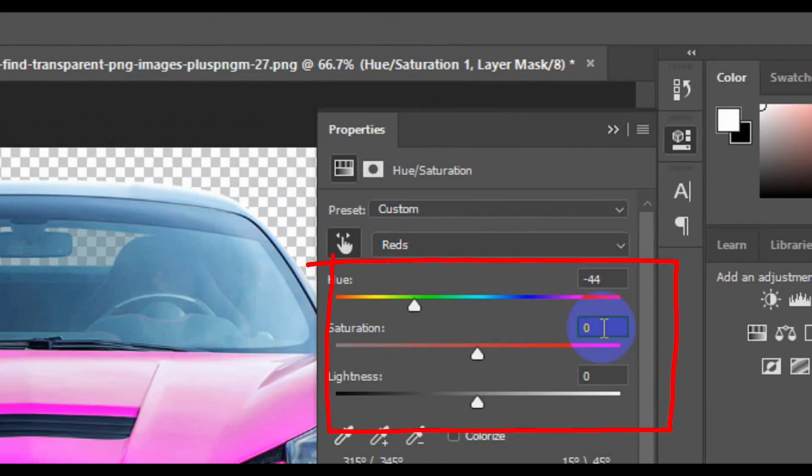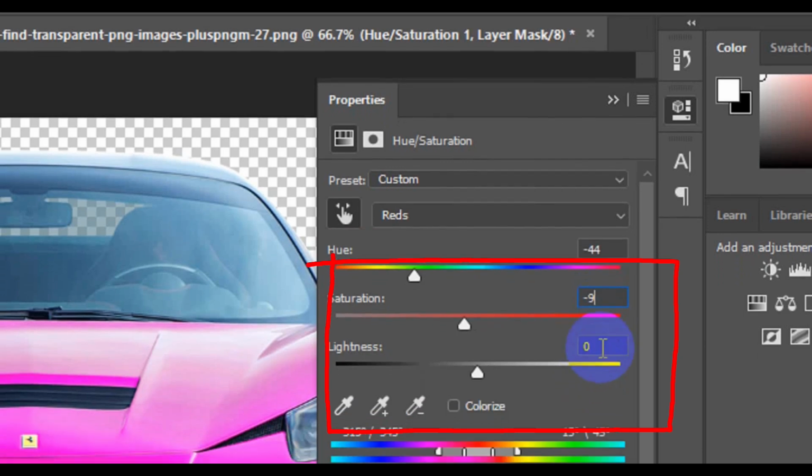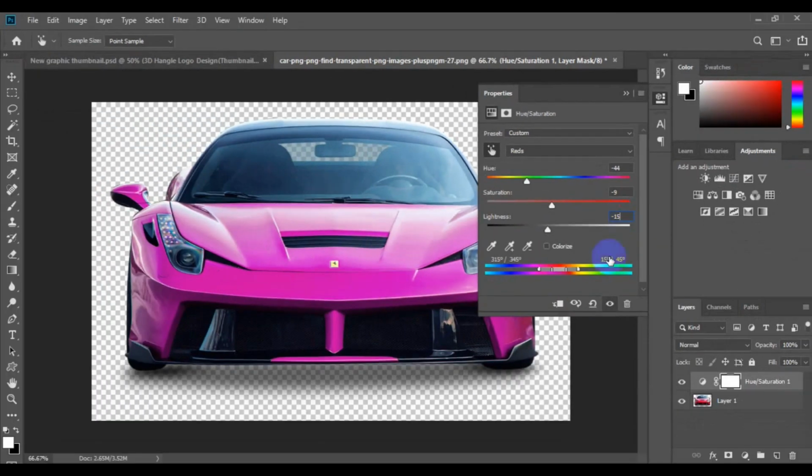You have to come to saturation, then you have to type in -9 for saturation, -9. Then you have to come to the lightness. So make the lightness -15. Boom. So you can see, the next thing you need to do is to come to the